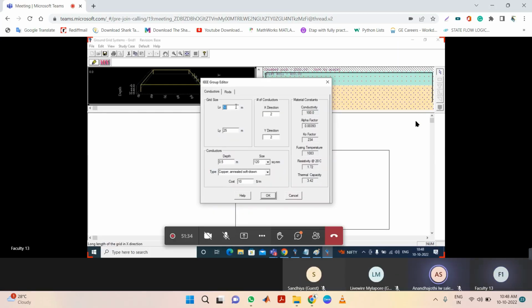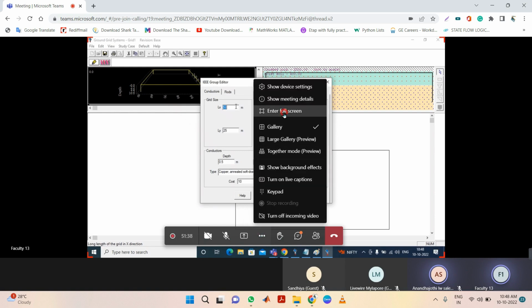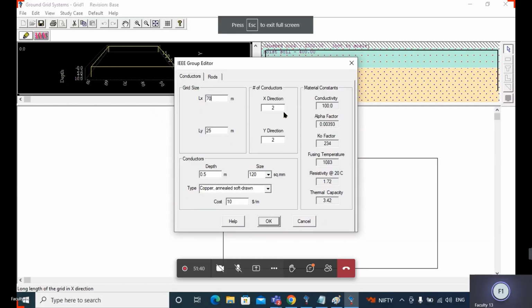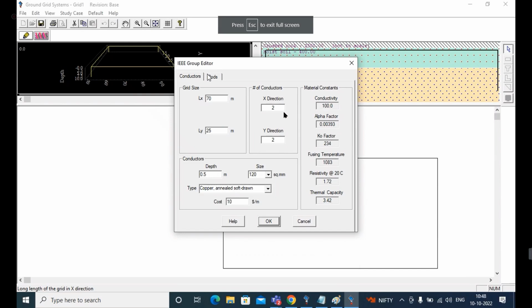So the grid size, that is the earth mat size. The length and height of the earth mat is 70 meter. Can you see here, 70 meter? Just assume it, because this is a substation design. So based on that, they are providing the distance, and based on the fault current also.